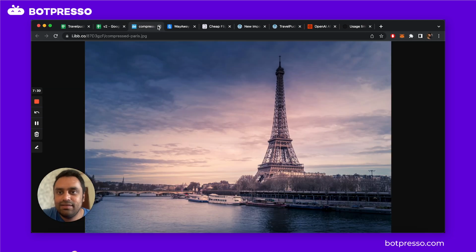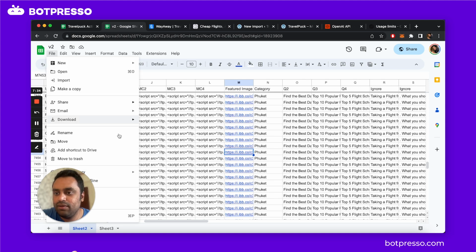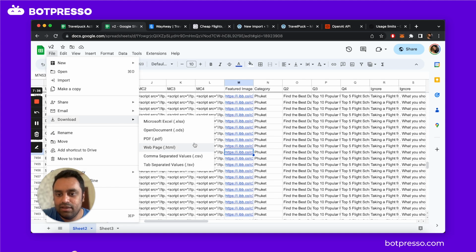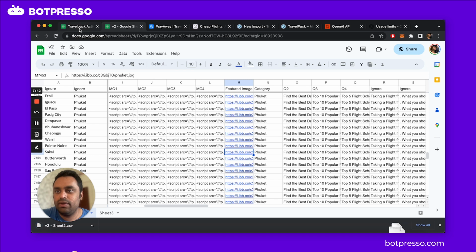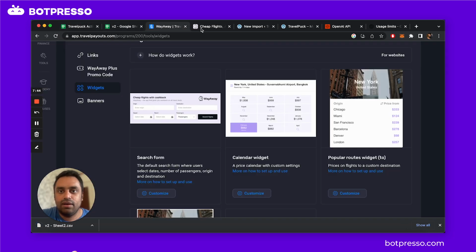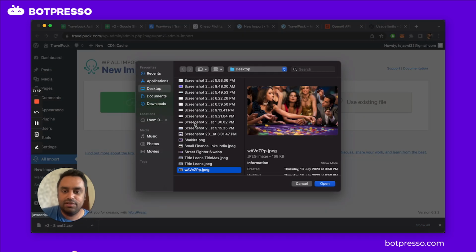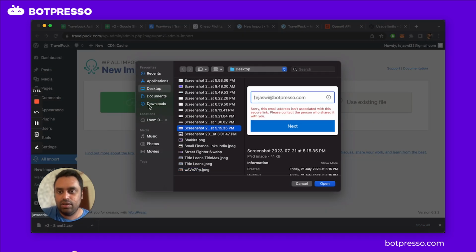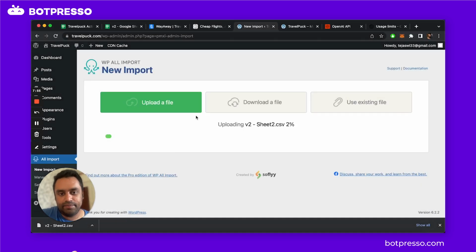And I will now proceed to download my file, the CSV file. Let's download it as a CSV. And the file name is v2. Cool. All right. So now, let me jump to WP All Import, upload a file. Let's go to v2 right here. Yeah, so it's just going to upload the file now,